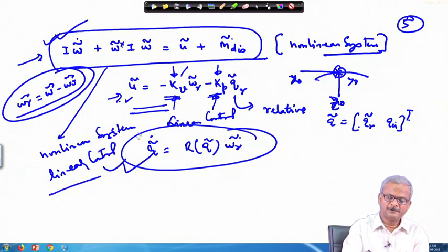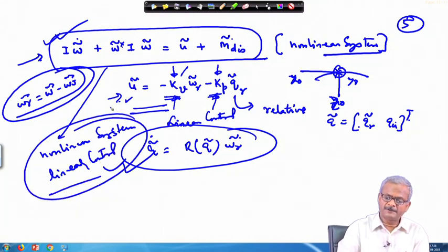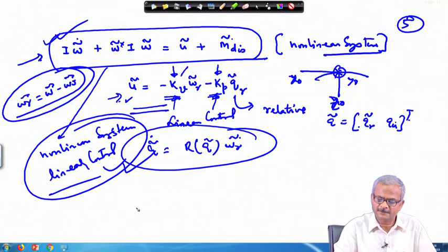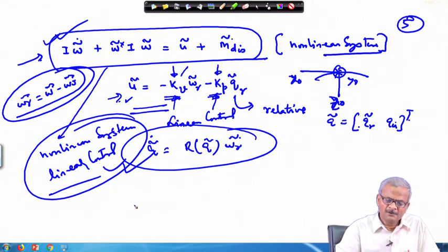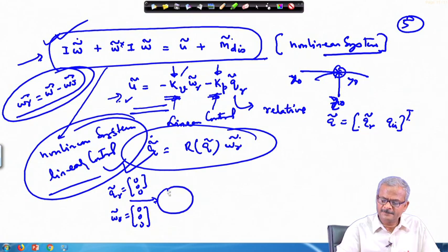This is a linear control, but proof will come from the Lyapunov system for this one, Lyapunov stability analysis. Okay, so what you are looking for, you have to do it in that way only. Here in this case q r will be equal to 0 0 0, this is the desired attitude, and omega r tilde if you are looking for the relative angular velocity with respect to the orbital frame. So, we have to feed it this way.